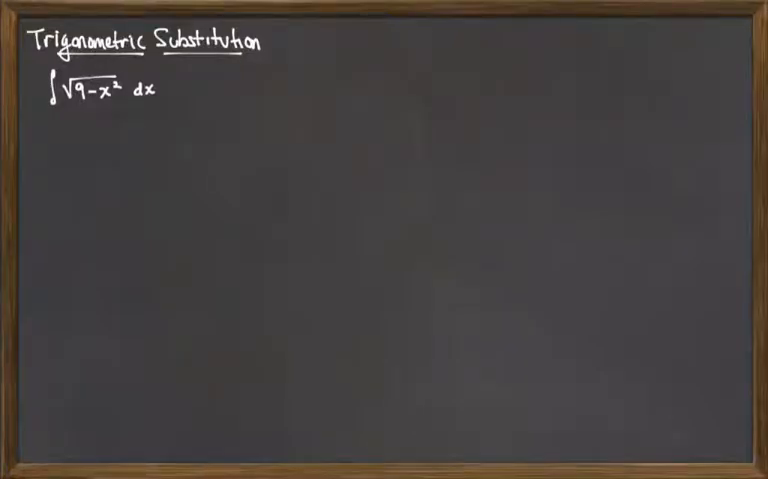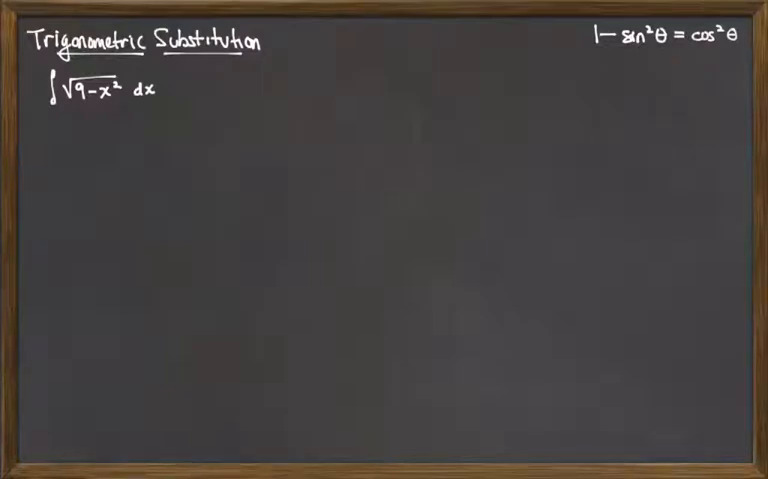In this video, we'll look at using a trigonometric substitution to evaluate the indefinite integral of the square root of 9 minus x squared. When I look at the expression 9 minus x squared, I'm reminded of the trigonometric identity 1 minus sine squared is equal to cosine squared. I'm pairing the 9 with the 1. I'm thinking of the x squared as the sine squared, and I want to turn that into something like cosine